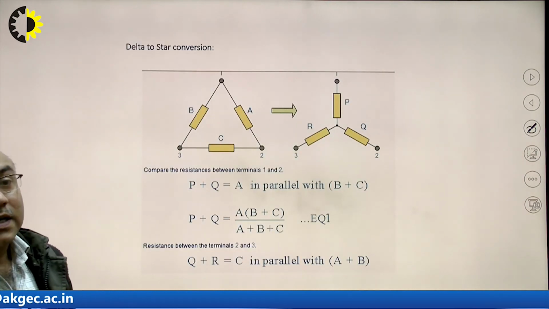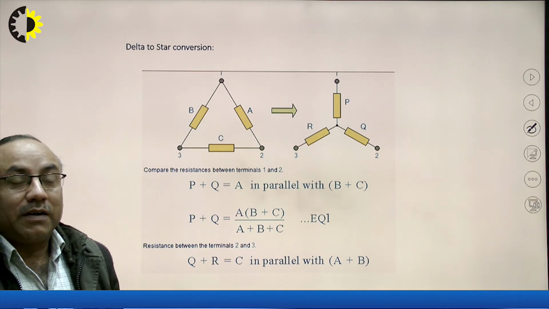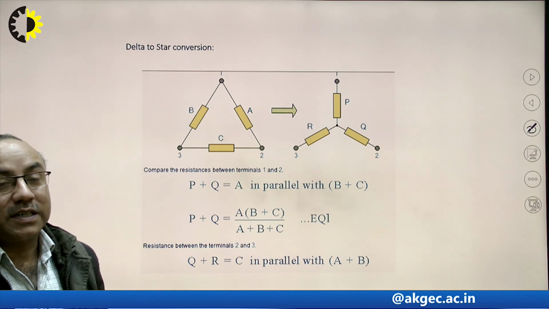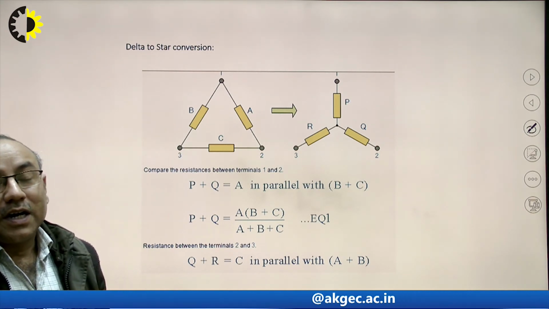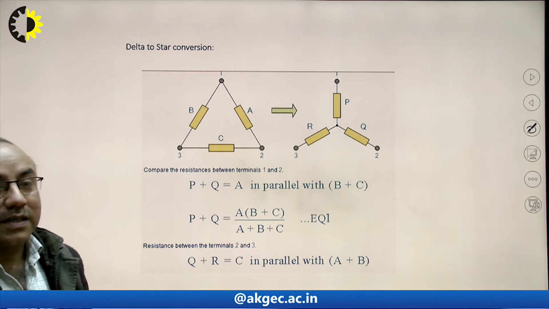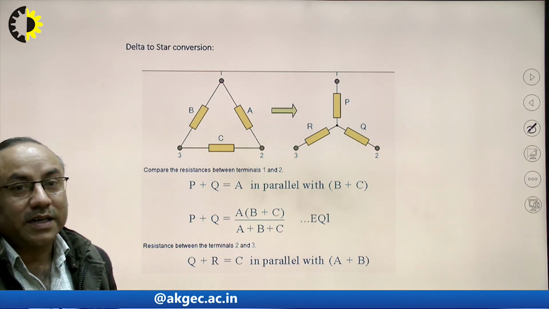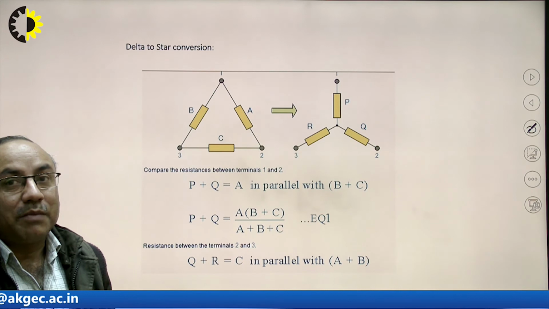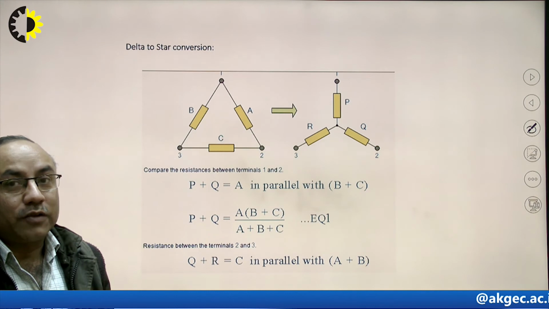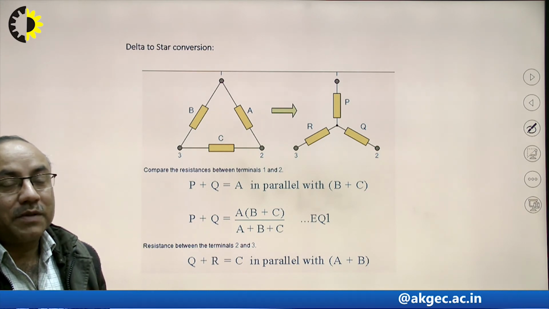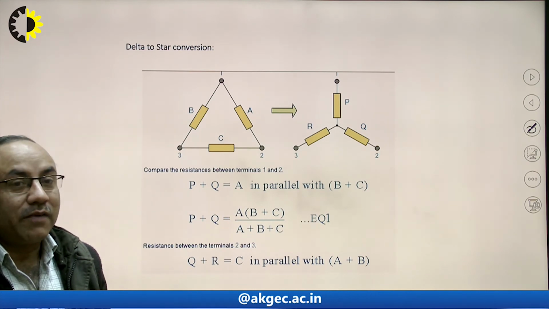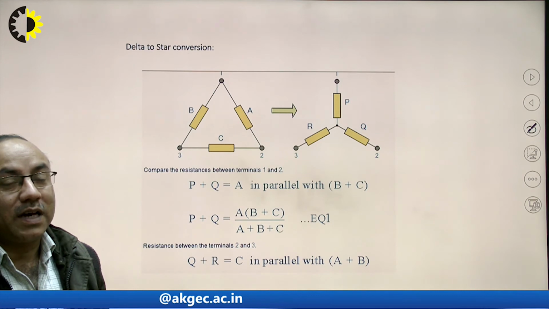Next topic we have is delta to star conversion, and similarly we have star to delta conversion. So, first we should know what is delta connection and star connection, and why we are doing it. We are to simplify the circuit. Sometimes we are given a complicated circuit, and at that time it is not simply possible to simplify the circuit by using Kirchhoff's laws or by using series parallel reduction of the circuit. So, at that time this conversion from star to delta or delta to star becomes helpful for us to simplify the circuit and to solve the circuit with the help of that.